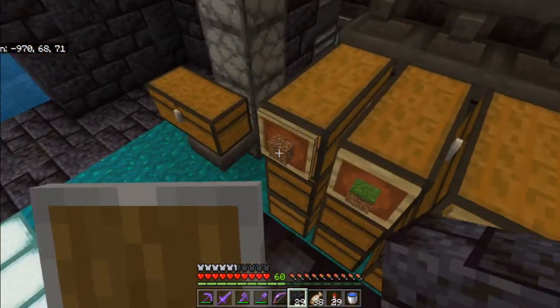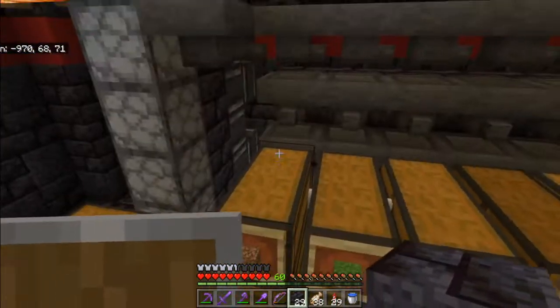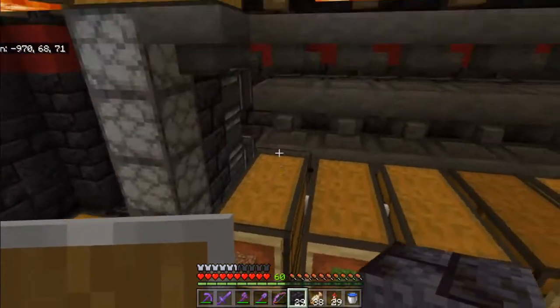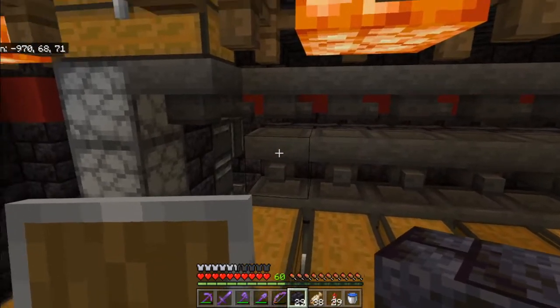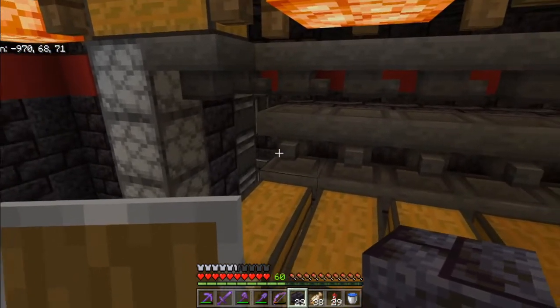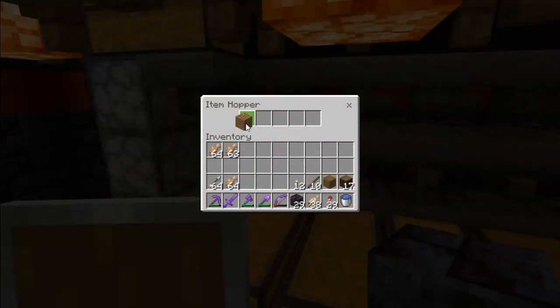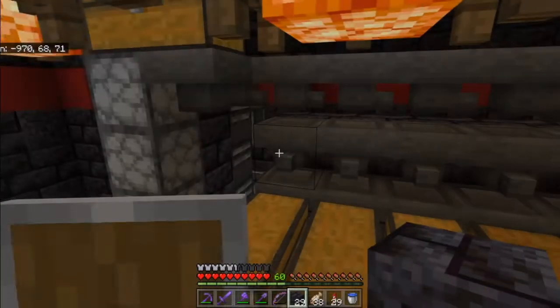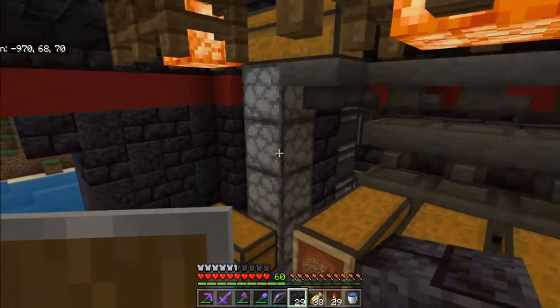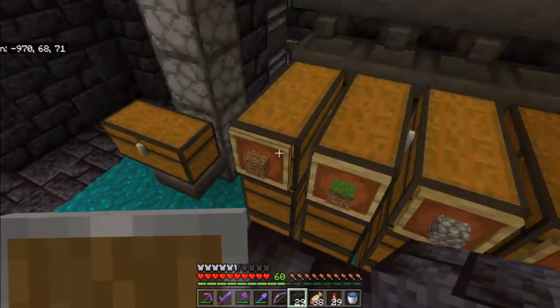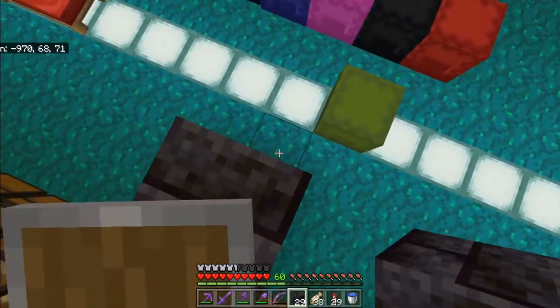So this is the slice that we are going to be storing dirt in, all three of these big bulk chests. On this hopper that is right above the chest level, we want to activate it, place in our material that we want to be sorted, and then using our filter material, we want to take up all of the other slots. So now that one will be completely active. Whenever we place dirt in this system, it will always end up in this slice. And the same goes for